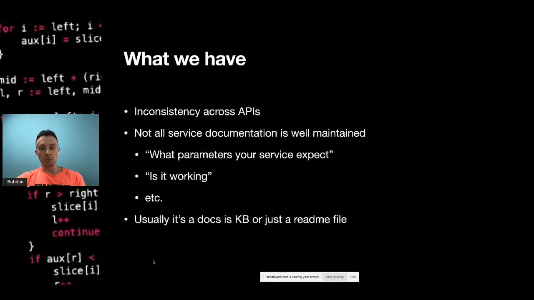But this brings us to the problem. The problem is that we have inconsistency in APIs. Basically, each team, or even each team member who has ownership of some particular set of services, has their own understanding of what RESTful would be. This is probably because RESTful is such a big standard that a variety of pieces of it can be treated differently. As well, the documentation is not well maintained.